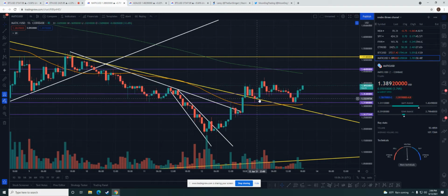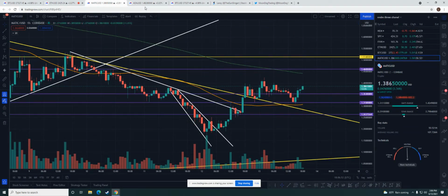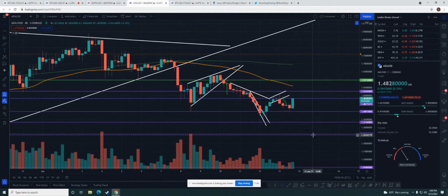We break this area, coming back, retesting it, battling this 135, coming back down. I talked about yesterday retesting this 131 area, and then maybe a bounce. We got it exactly as I predicted, guys. So right now this is all looking bullish, guys. Everything's looking bullish. Now Cardano is very interesting to me,